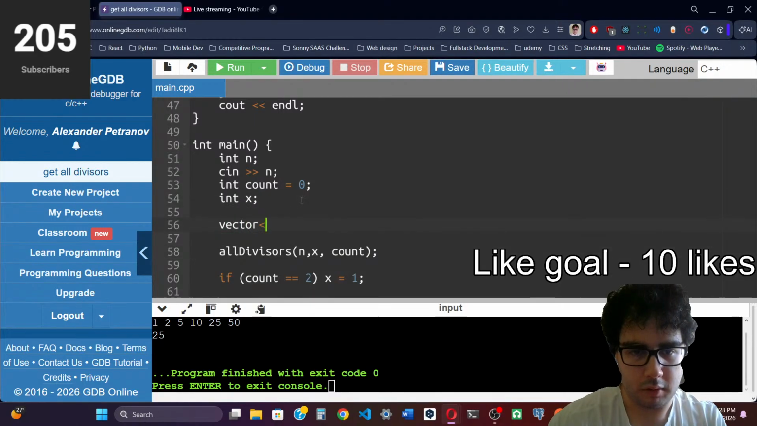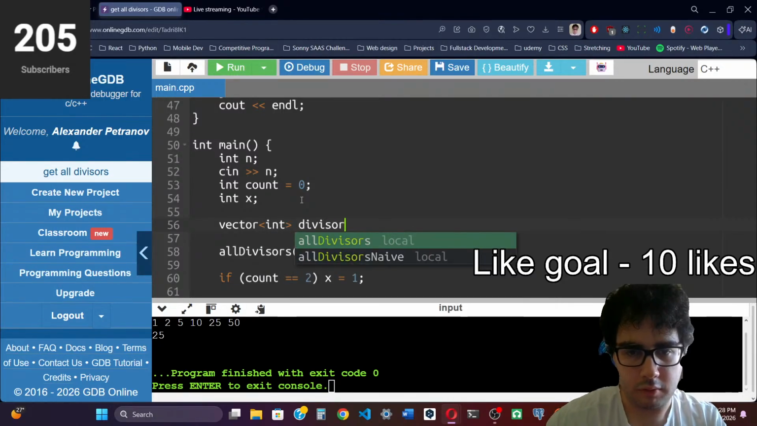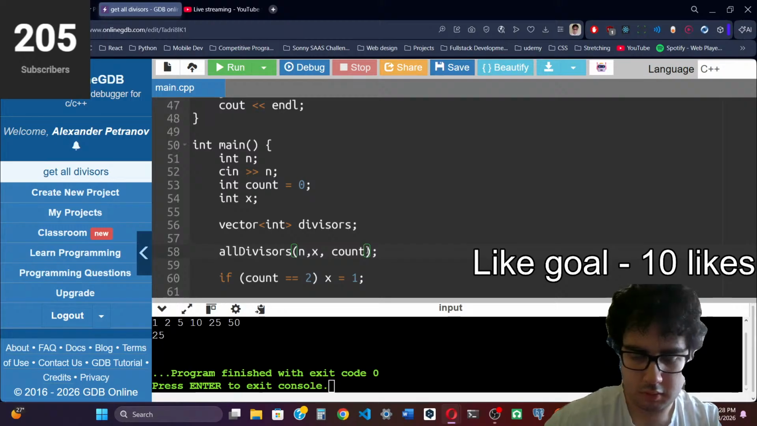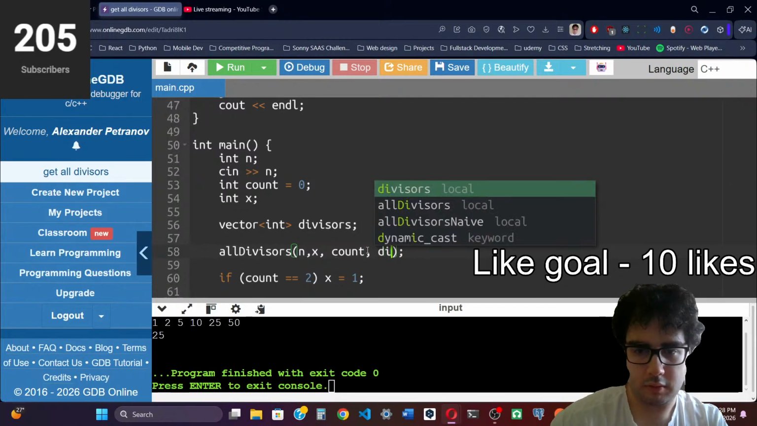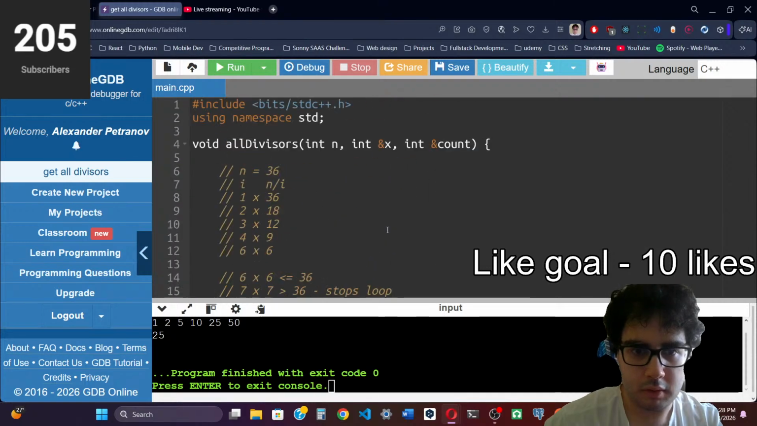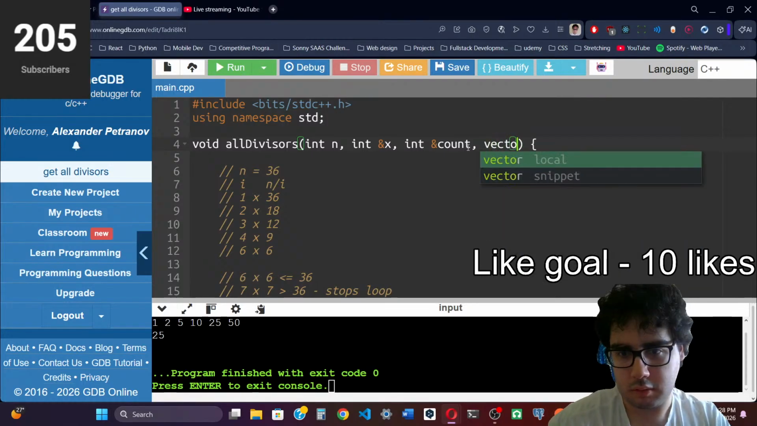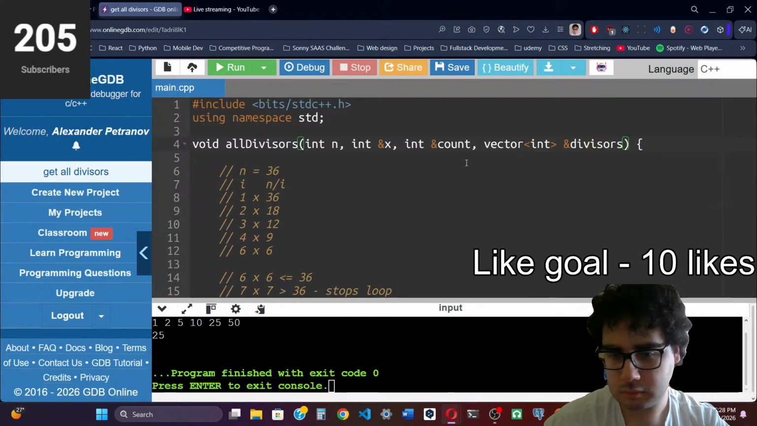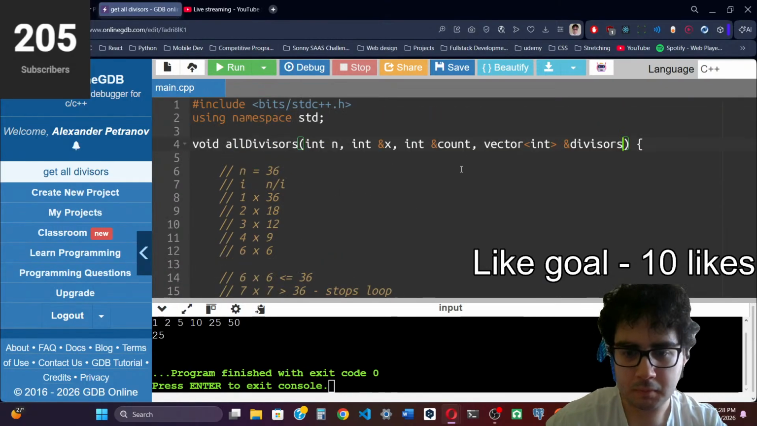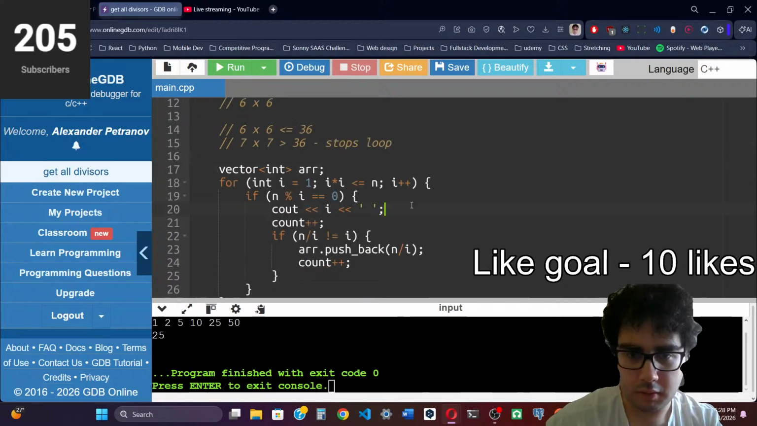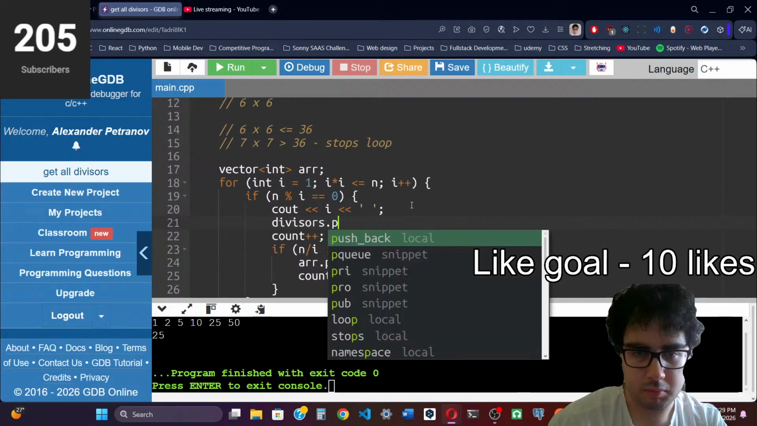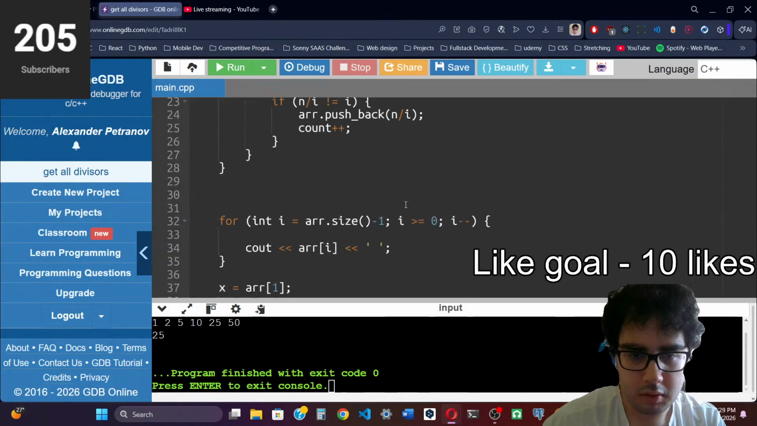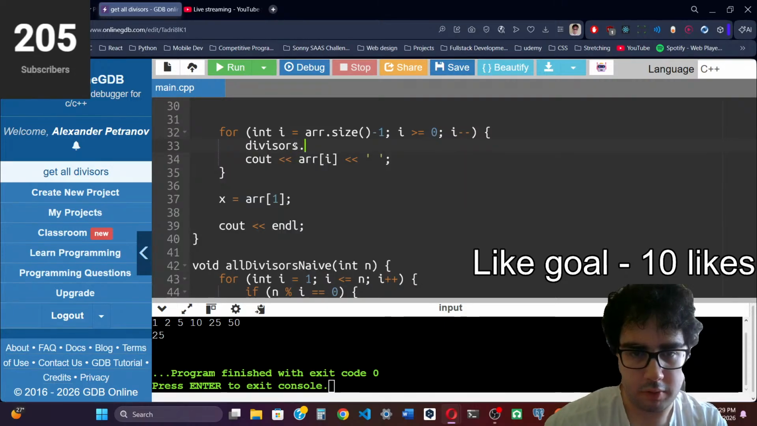I'm gonna keep a vector of divisors, let's say, and we're gonna pass this into it as well. Then I'm gonna just say vector int of divisors, like this. Then I'm gonna go divisors dot pushback of I. Here I'm gonna do divisors dot pushback of R of I,